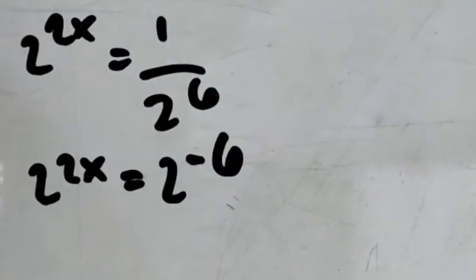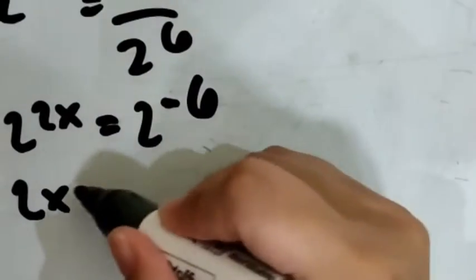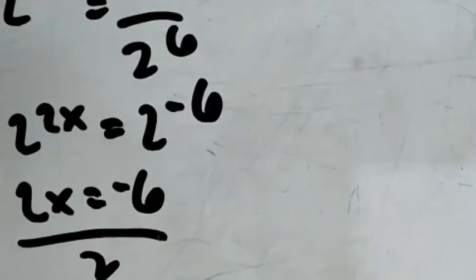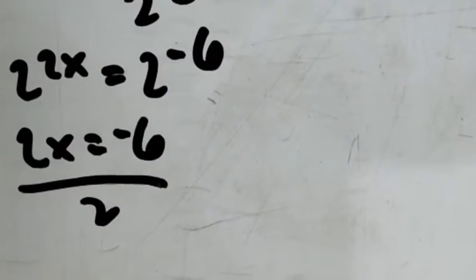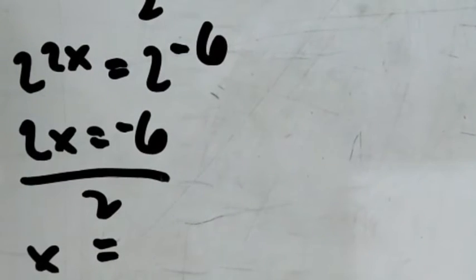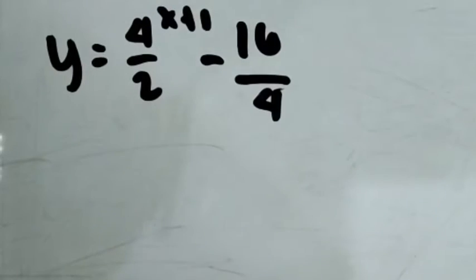Since the bases are the same, cancel them, then bring down the exponents. Equate the exponents after. Solve for x. Therefore, the zero of the function f(x) equals 2 to the power of 2x minus 1 over 64 is negative 3. Now let us move on to the last example with the given y equals 4 over 2 with the